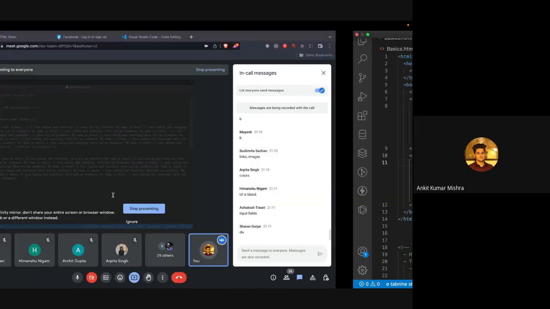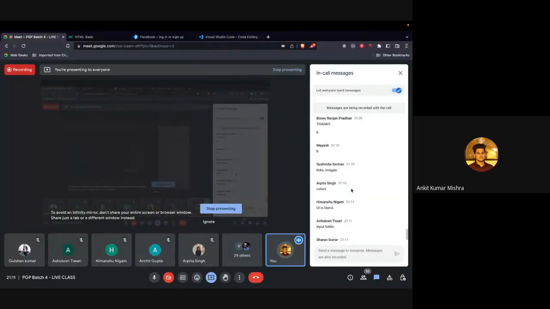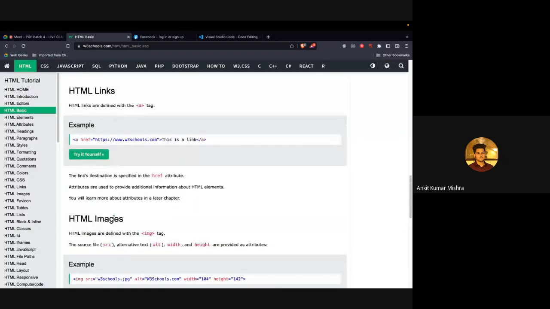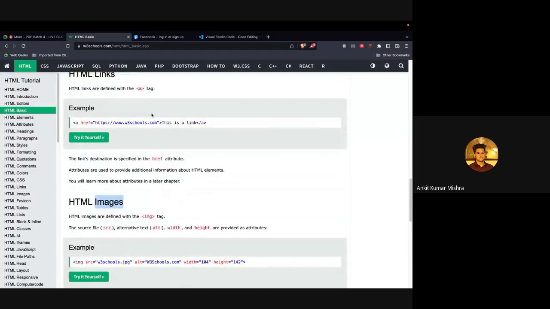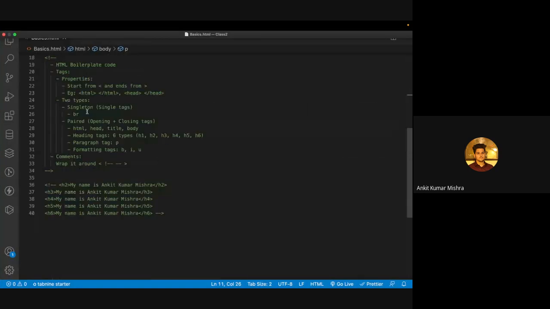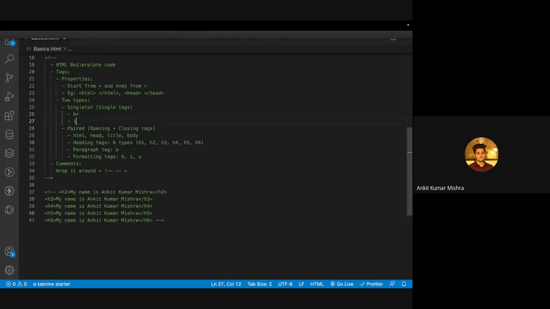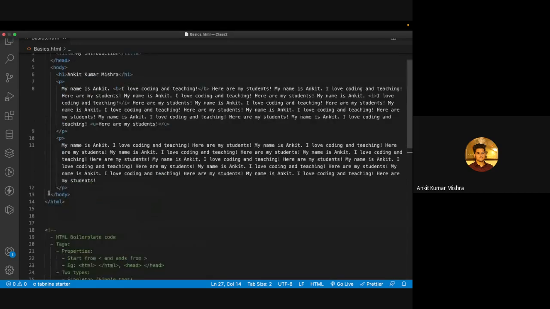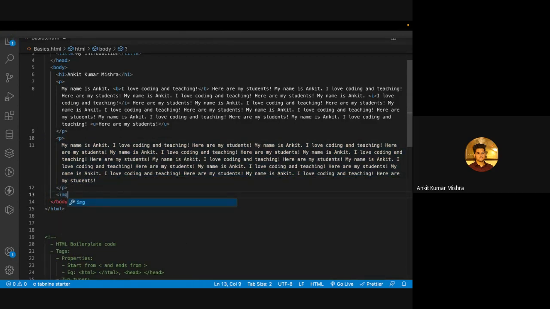But now coming to the points that a couple of students told, that is images, right? So the next thing that we are going to discuss is HTML images. So let's speak about how you create images. This is the next singleton tag that we're going to discuss. As you can see in the singleton tags, img is what you're going to use for image. Let's see how we use an image. So right after this, let's just have two paragraphs. After this, I'm going to write img